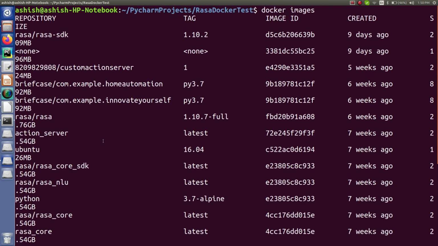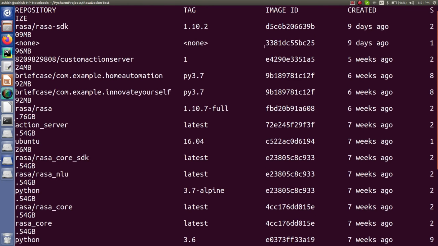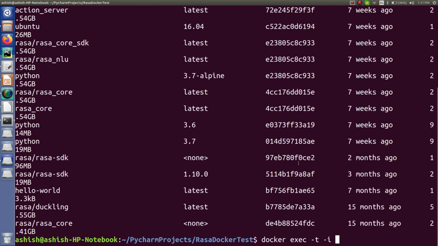Here you can see I don't have any container ID. I only have the image ID, tag, repository, created and size. So that is the only thing I have right now. Just for more clarification, let me try to add one of the Docker images and see what the output will be. Just copy this and paste it here, and after that you have to write bin/bash and automatically it will take you inside the Docker container, right?